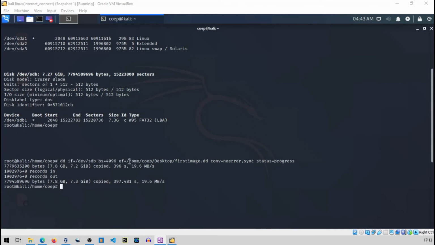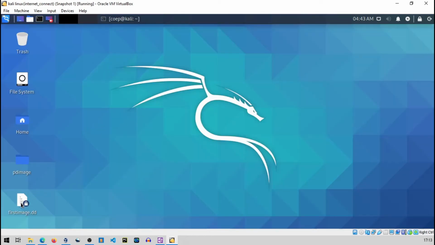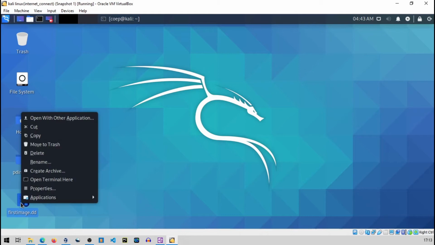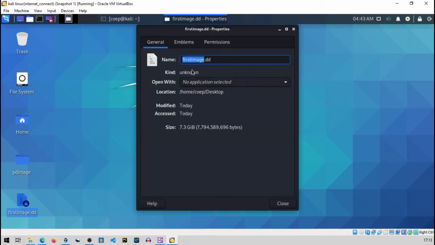I have stored the output on Desktop, so there will be an output file on Desktop, and you can see the size of the disk image file is 7.3 GB. So basically my whole pen drive is copied into this disk image file. So this is one basic dd command line tool example.